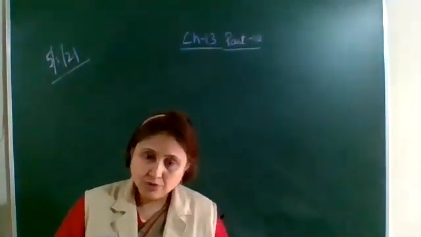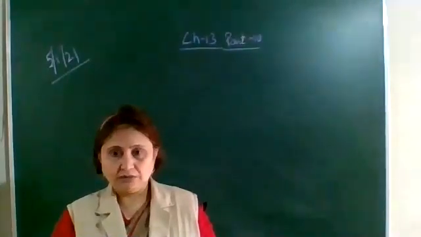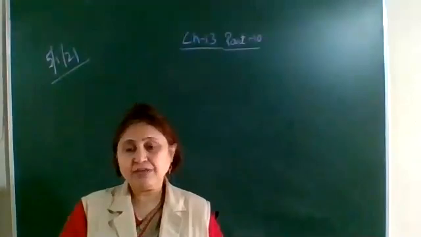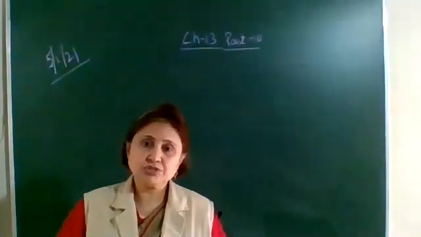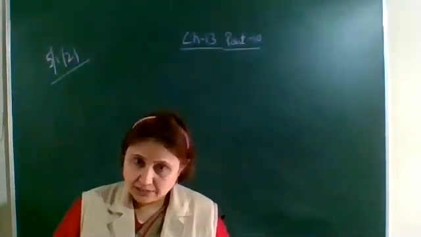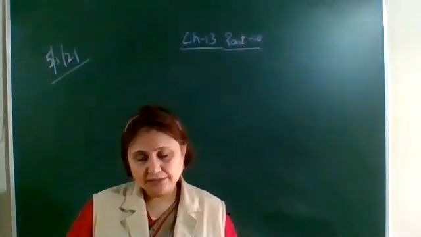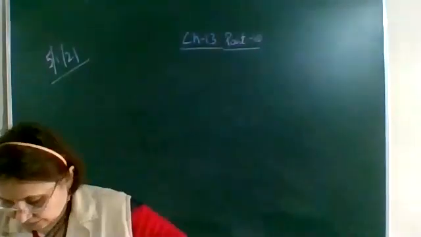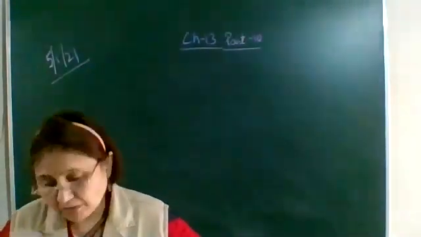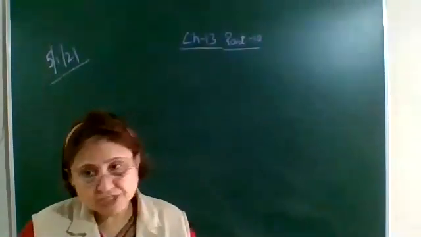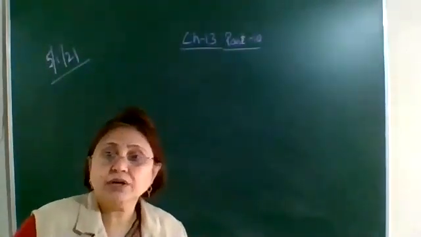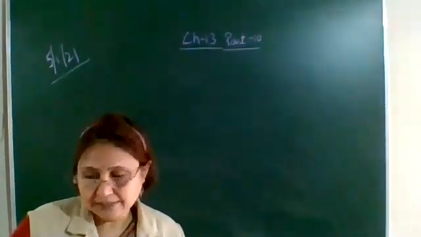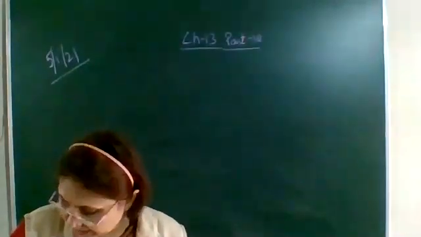Now there is one more method to induce a current in the coil, by changing the magnetic field. So by changing the magnetic field we are producing the current. Now let's first read the next activity. Activity number 13.8 we have discussed, in which the magnet is moved in or out of the coil. So the current is produced in the coil, and such a current we call the induced current, and this phenomenon we call electromagnetic induction.